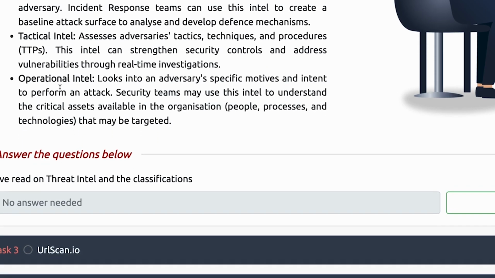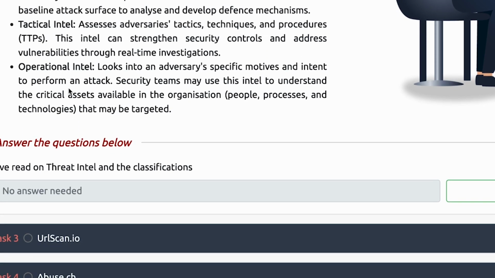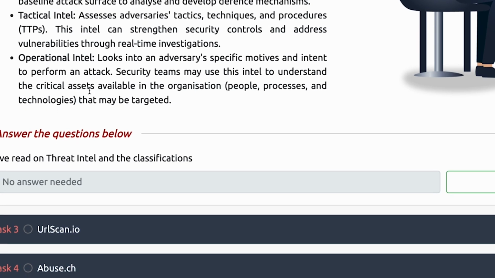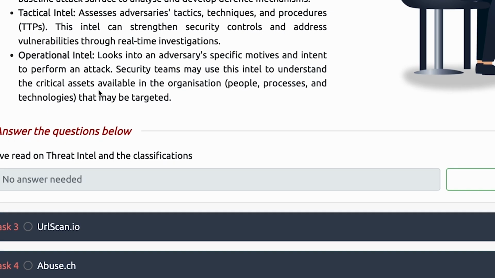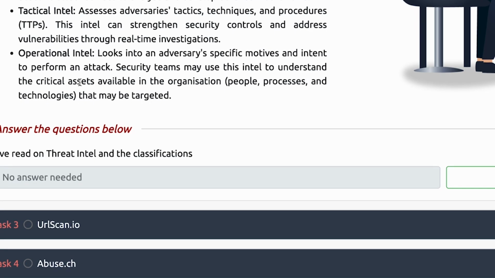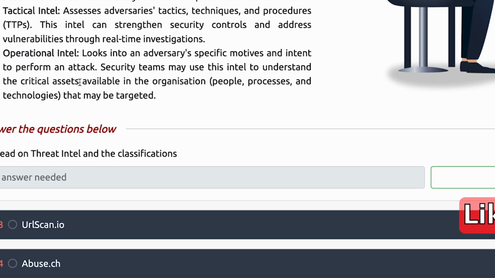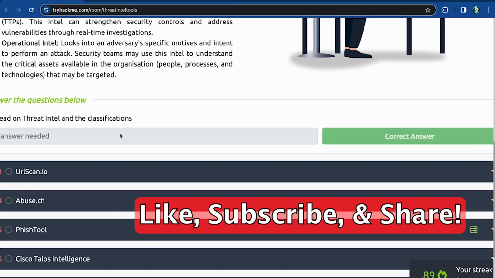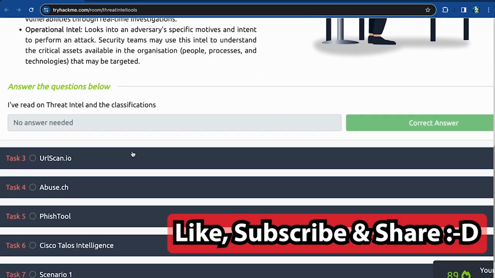And then you have operational intelligence, which looks into the adversary's specific motives and intent to perform the attack. So what are they trying to do? Why are they trying to extract data? Are they trying to destroy systems and bring the systems down? There's a lot of things that they could be doing, and that's what falls under operational intelligence. So we read through that, and we can move on to our first tool, which is